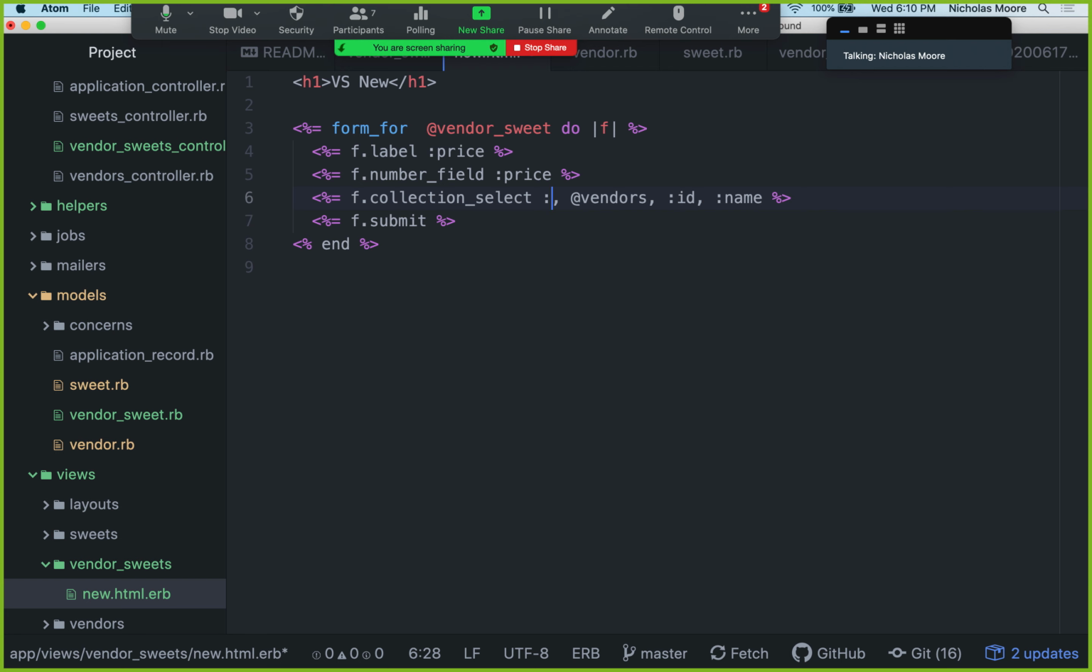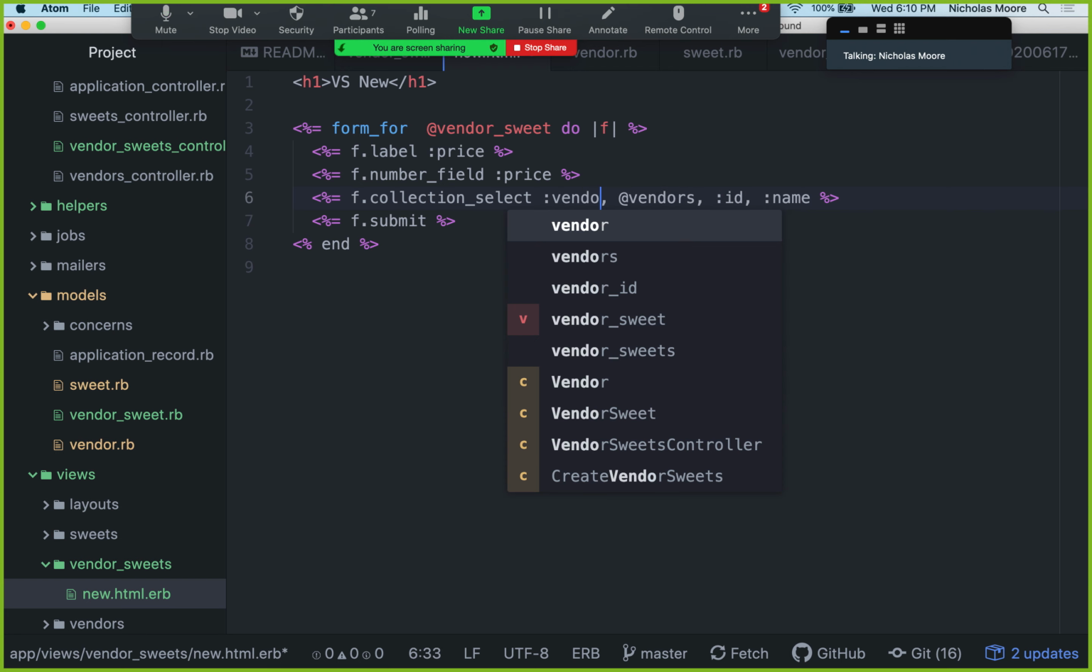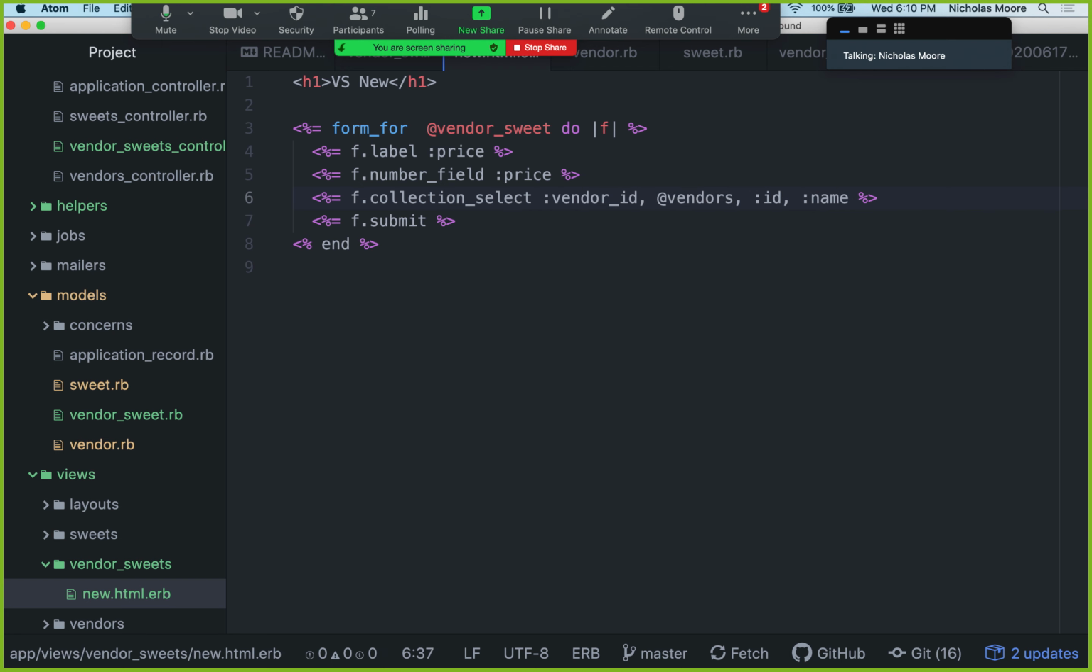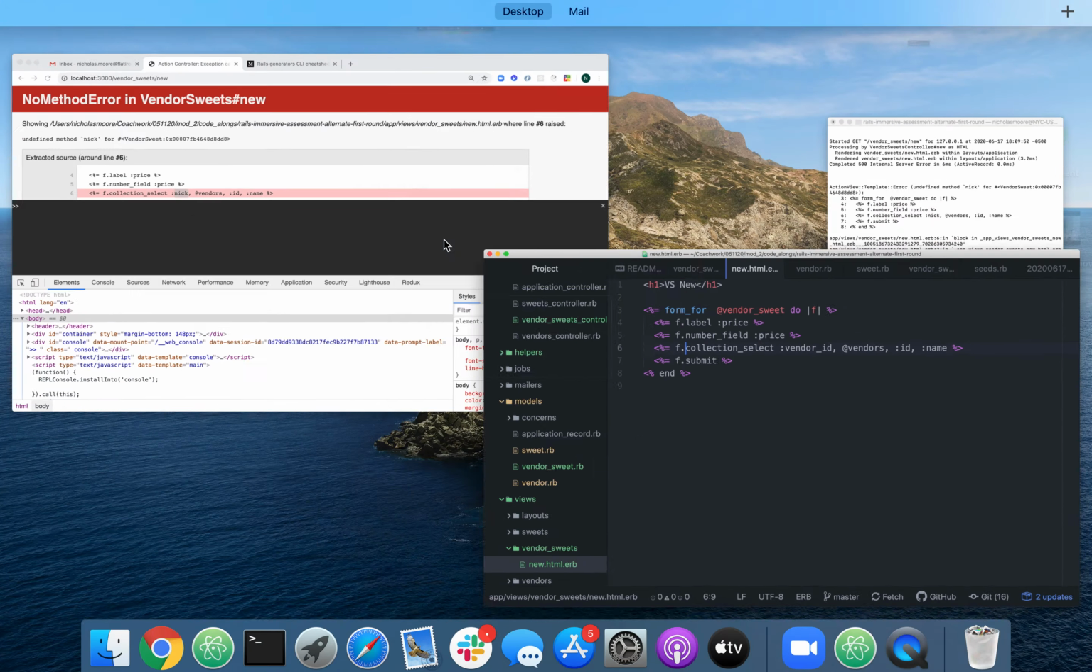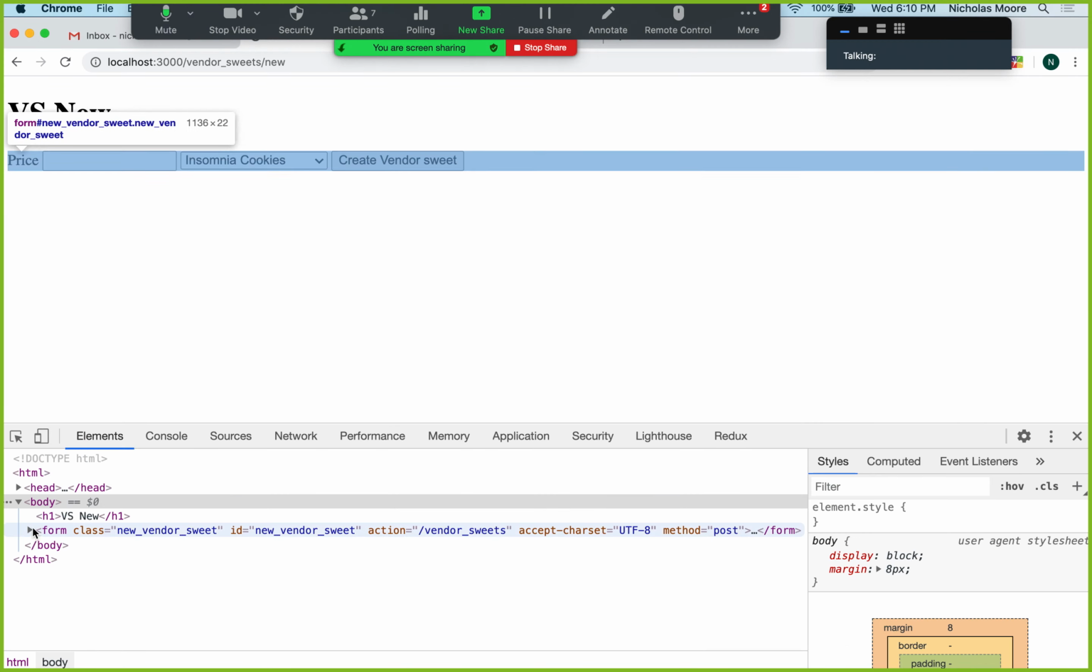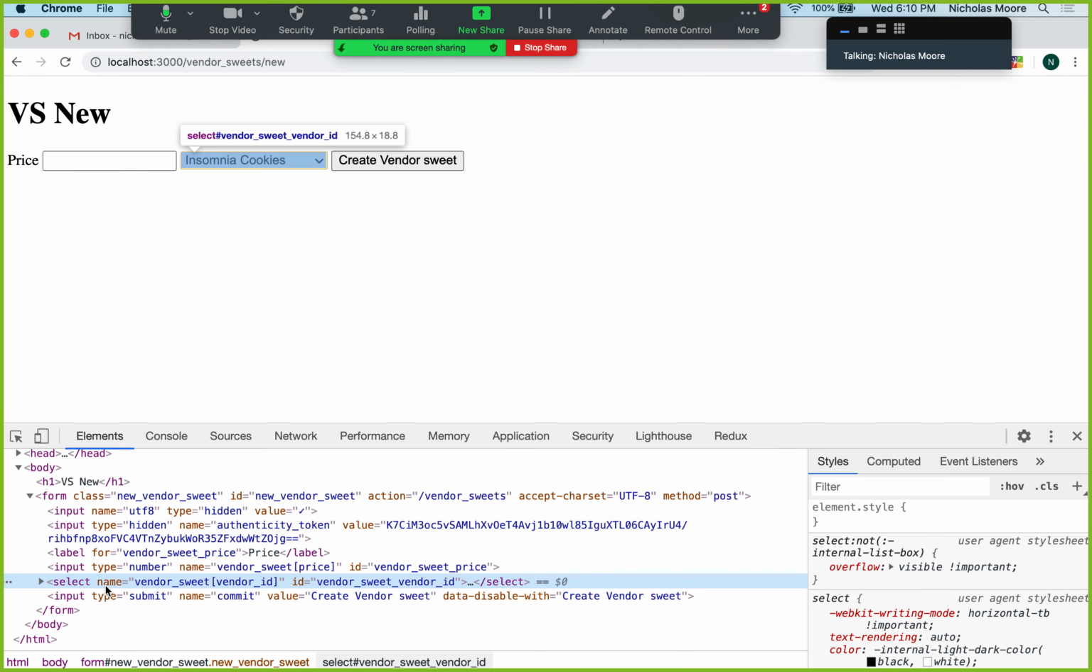So let's go back, and this is going to be the vendor ID, right? Now, here's a key difference, though. I'm calling this collection select on f. If I just have it naked by itself, then the collection select actually takes 5 arguments. And what I mean by that, if I call it f.collection select, if I look at this form, this vendor